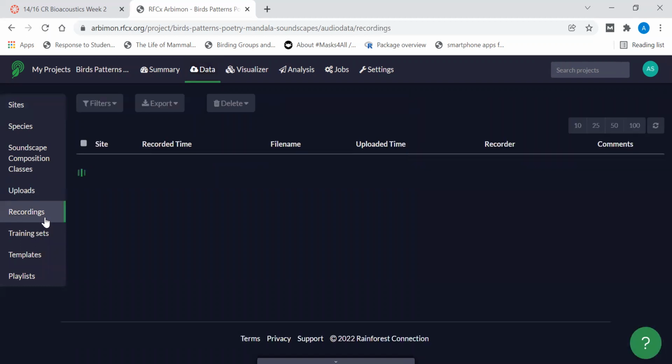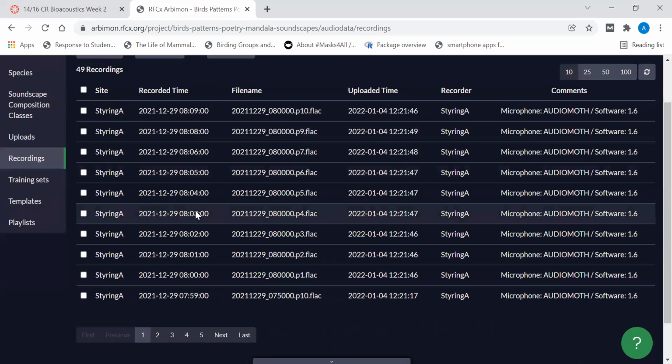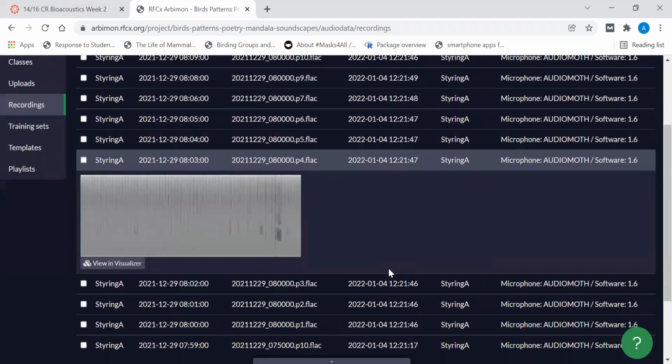So I go to recordings, and I focus on a recording that I may be assigned for something or that I'm needing to look at for some reason or other. In this case, we're going to be looking at the elements of soundscape composition and trying to tag some important sounds that we may later use in some kind of an analysis. You can view this in the visualizer.